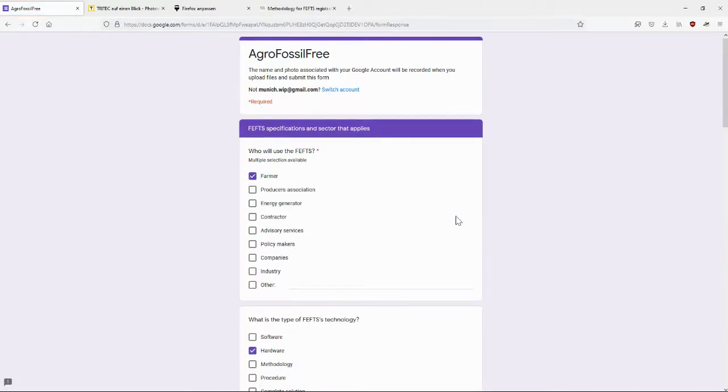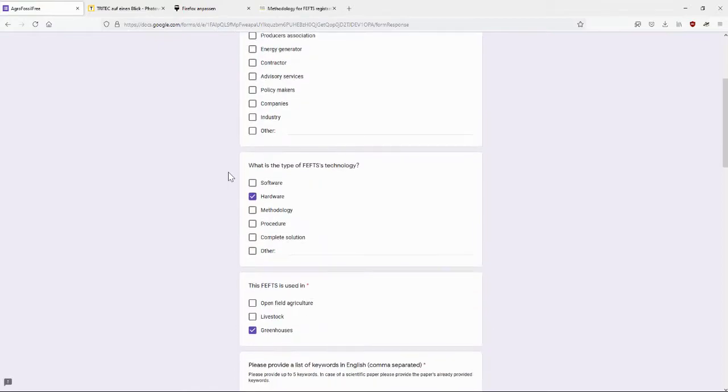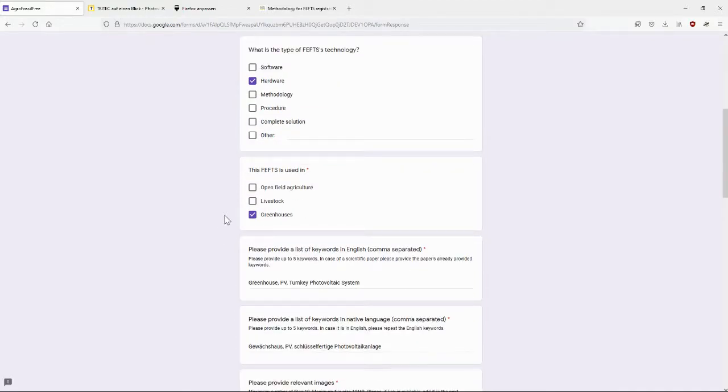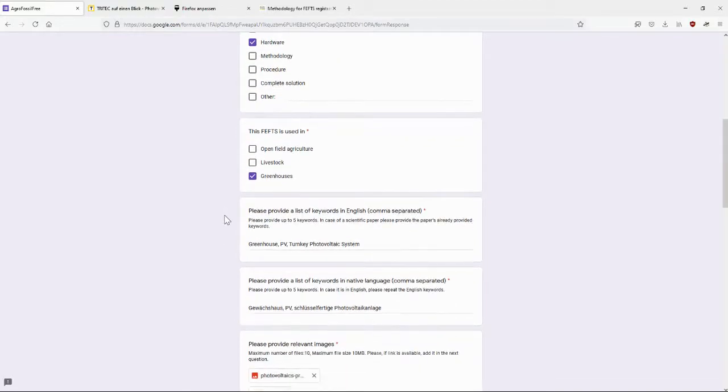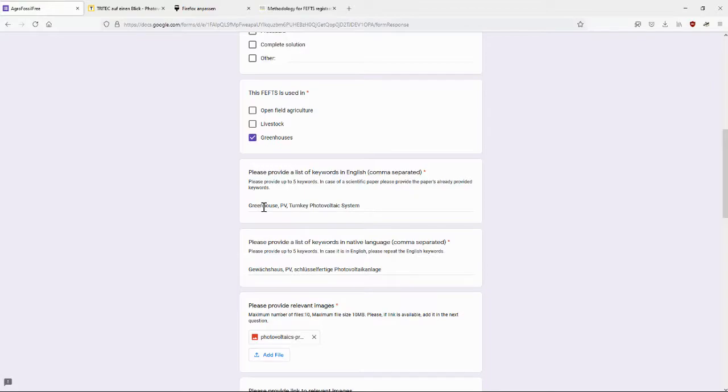On the next page, you will make a tick at the box who will use this FEFTS. Right here, for our case, it's the farmers. The FEFTS technology is a hardware, and it's used for greenhouses. Then you can provide a list, or you have to provide a list of keywords in English and in the